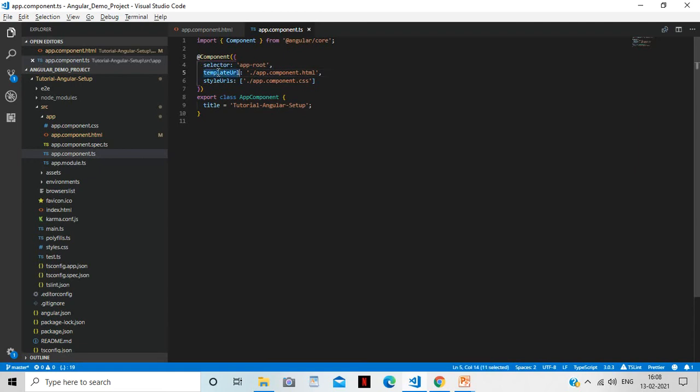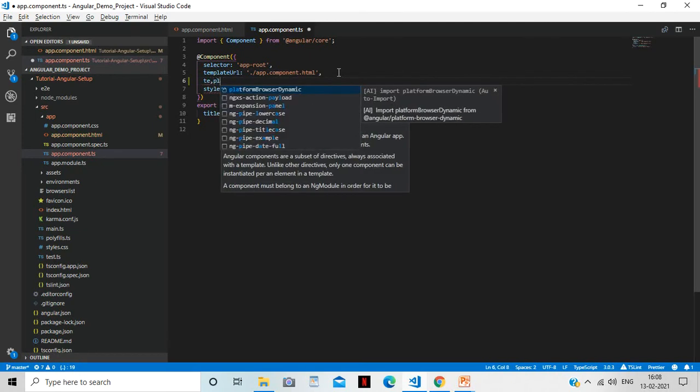The next one is the templateUrl. This is your template file. Why do we write it as templateUrl? Because the template is defined in an external file, and the path of that file is defined here. We can define the inline template as well by using the template keyword.